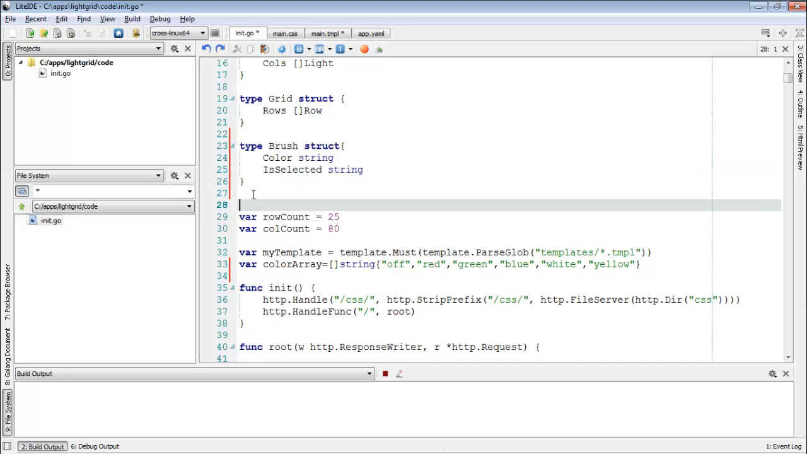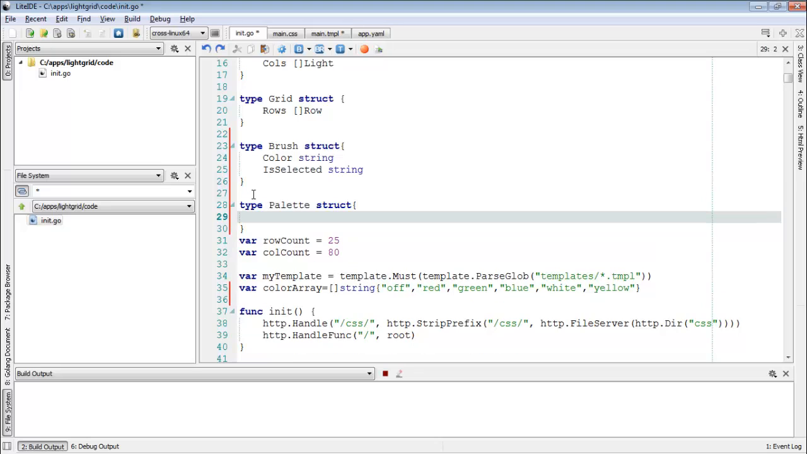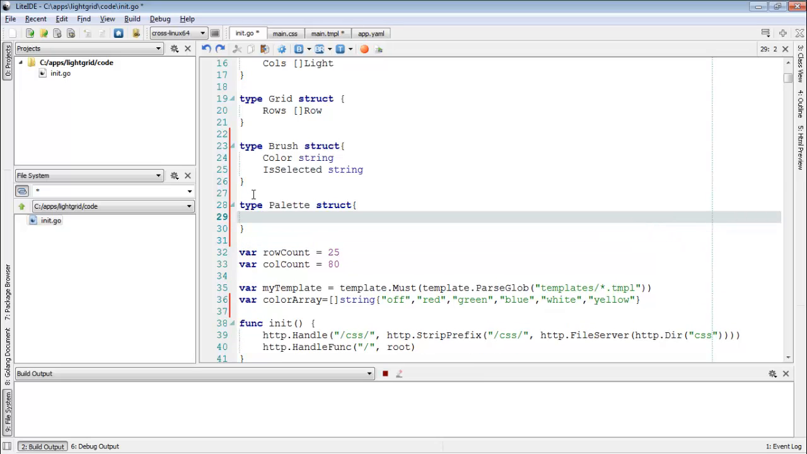Okay, so we got our brush, and then we're going to make a type palette, which is just a collection of brushes. If you can imagine an old-fashioned color palette that a painter uses, that board, that piece of wood with all those colors on it. And so the palette is going to be composed of two things itself. One is an array of brushes,